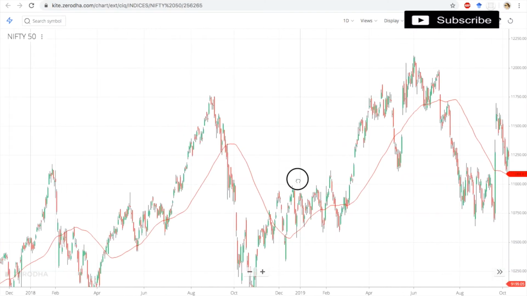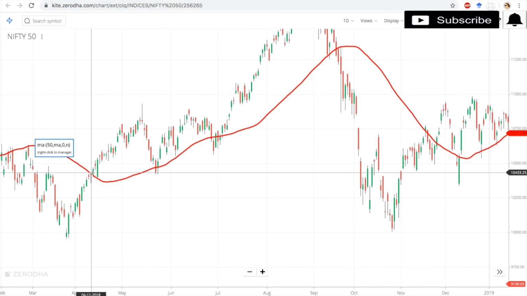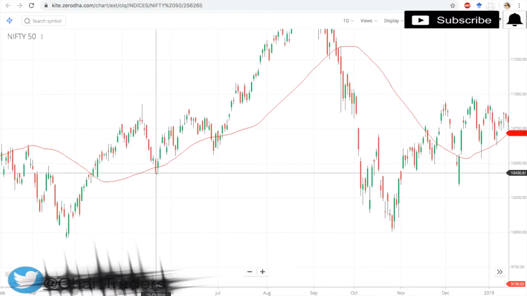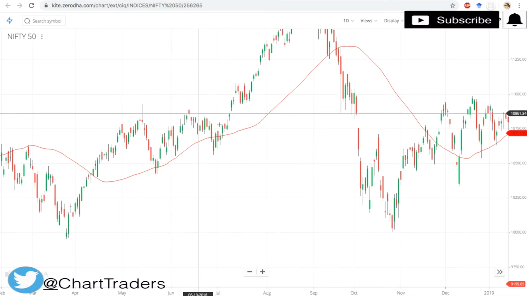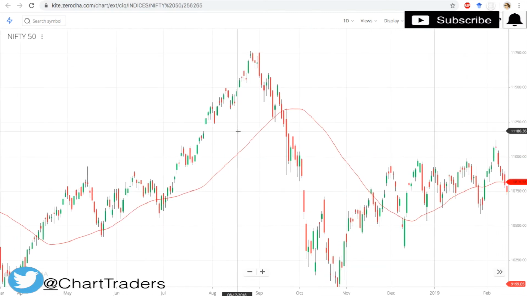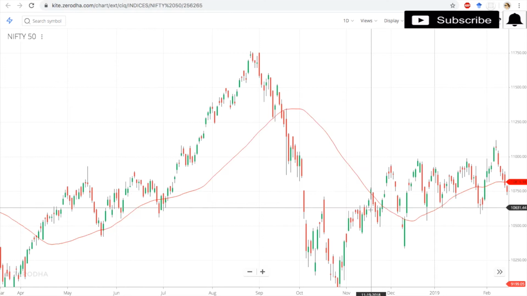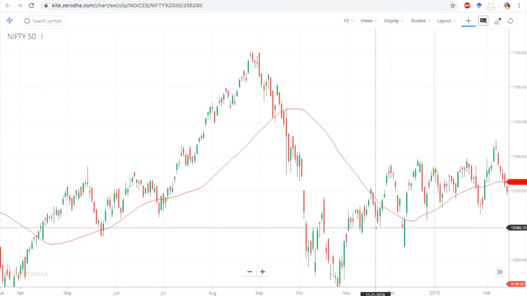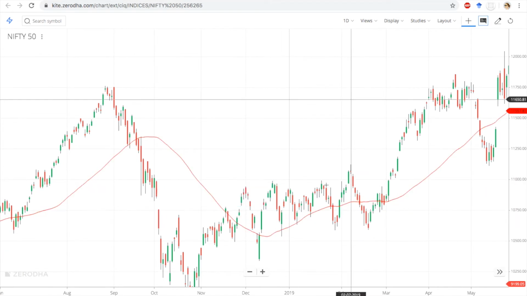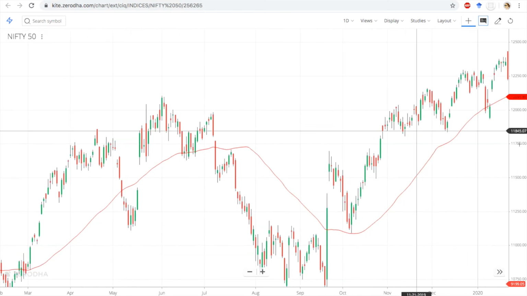Now many times you can see that the price is moving up, comes back to the 50-day moving average, takes support at the 50-day moving average, and goes up again. It came back, took minor support, and went up. Once it breaks down, the moving average is going to act as resistance. It came up, came down, broke down again, and went up. So you can consider the 50-day moving average as support and resistance.